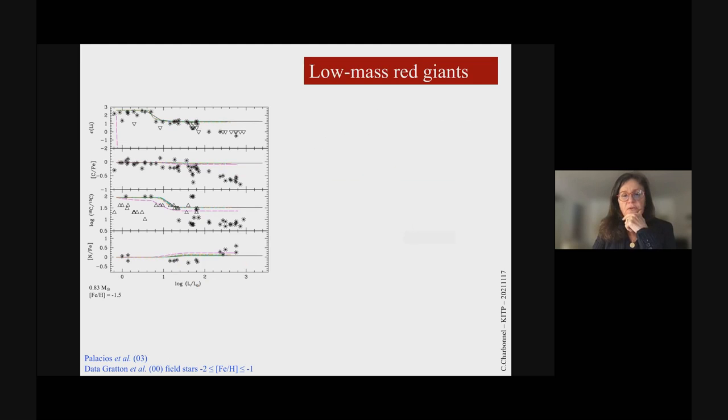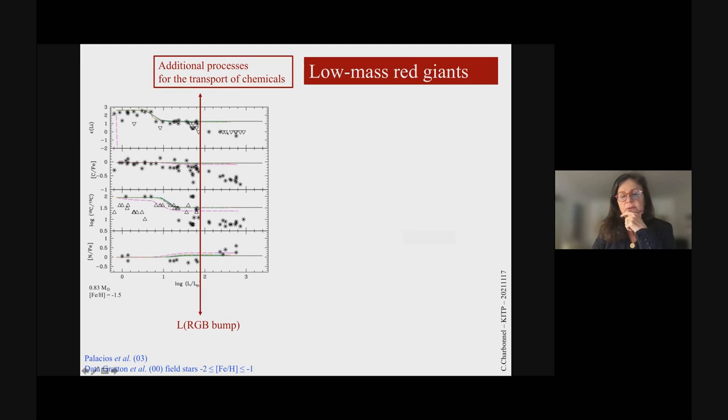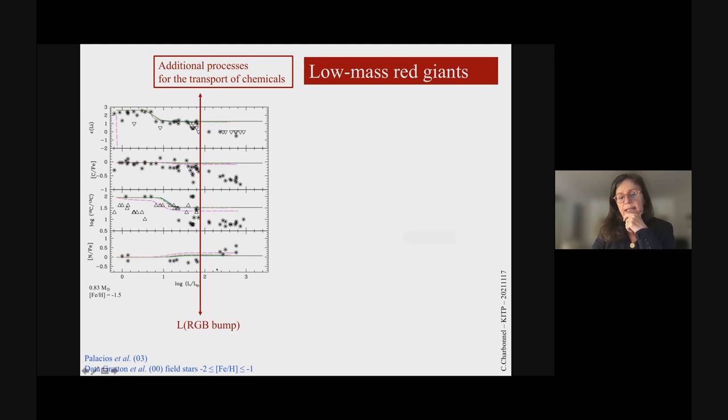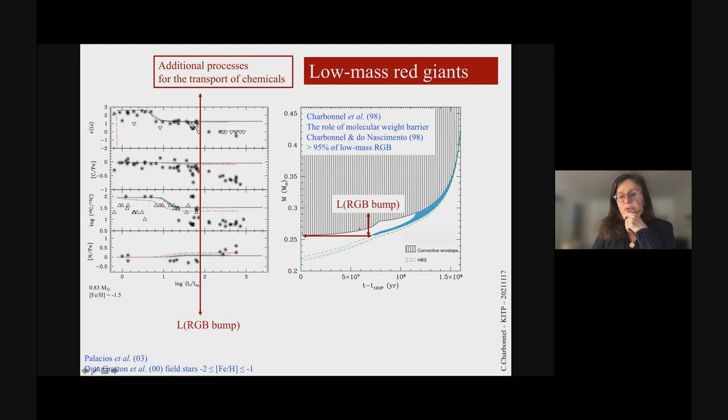It has been observed for a long time that red giant stars above a certain luminosity, the luminosity of the red giant branch bump, show some abundance variations which are not predicted by the models. This is the main sequence, first dredge-up, bottom of the red giant branch, and then at the luminosity of the bump, the abundances change. And we have shown for quite some time that this corresponds to the time where the hydrogen burning shell encounters the regions that have been mixed by the convective envelope, and hence the hydrogen burning occurs in a region where there is no